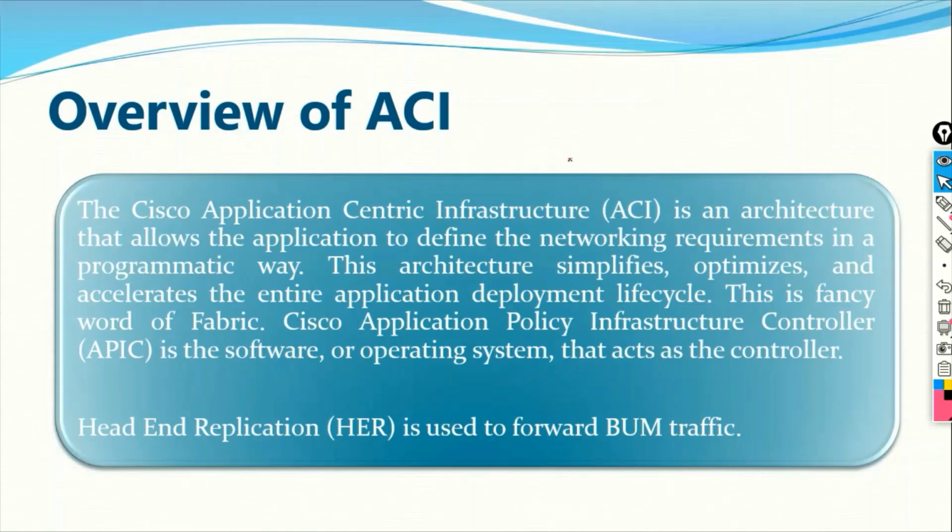So ACI infrastructure is managed by one centralized controller called the APIC controller, which is the Application Centric Infrastructure Controller. This is the controller that takes care of your networking devices, your servers, and your applications. Your entire networking operation will be taken care of by this APIC controller, right? We'll discuss APIC in more detail, what exactly it is. But this is the controller from where we can get information or push configuration.